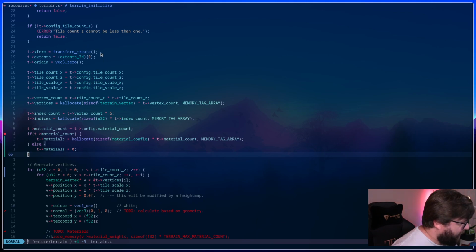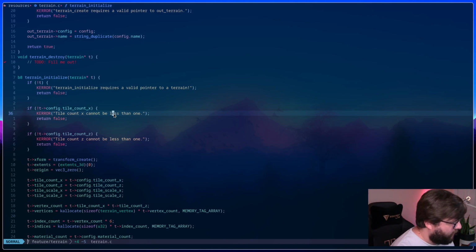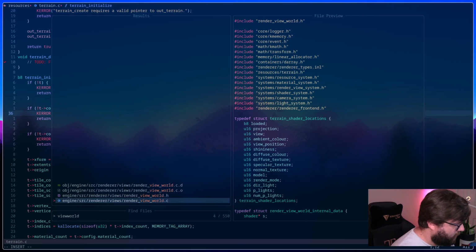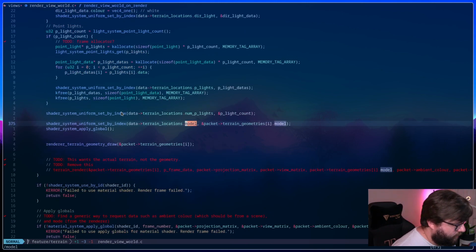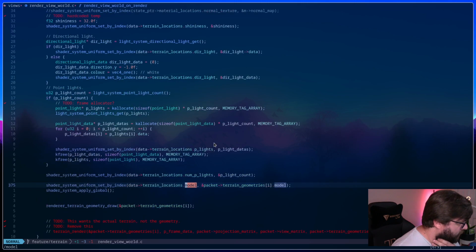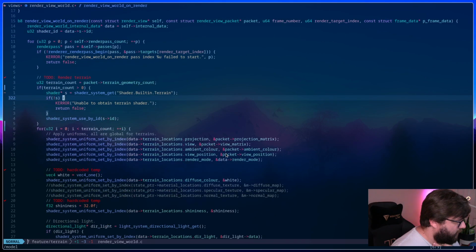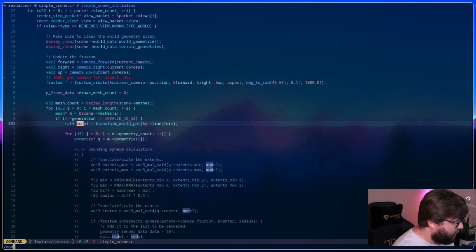We did a transform create, which should just be identity, right? Let me look at the view. Terrain geometries model. I actually need to see where that's coming from in the packet. So simple scene model.